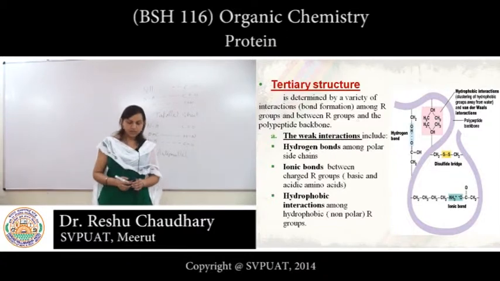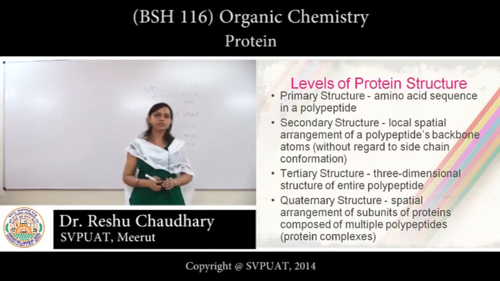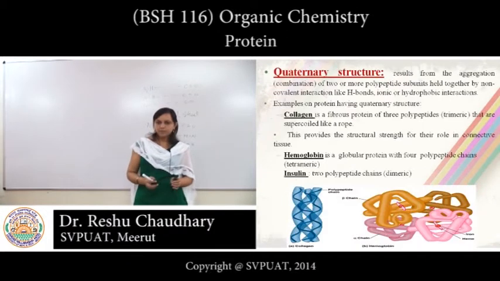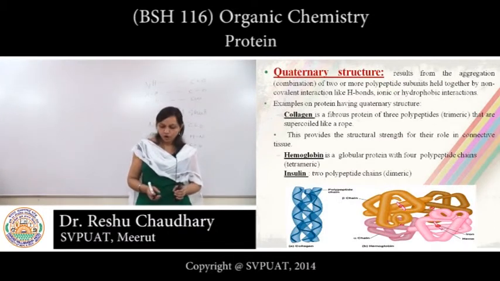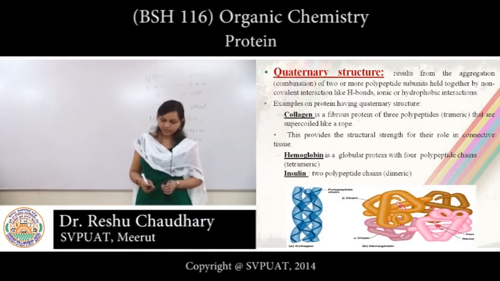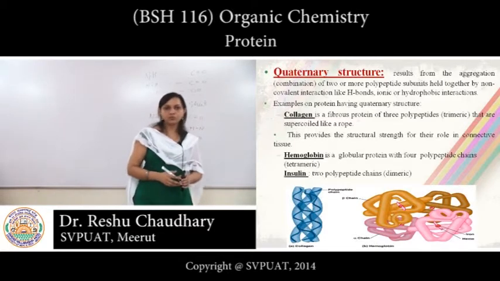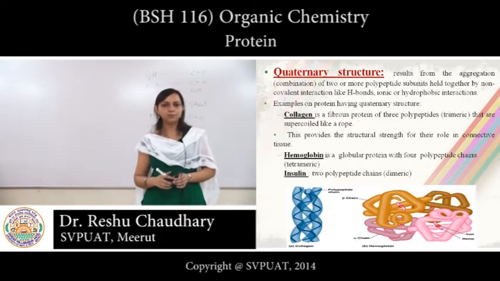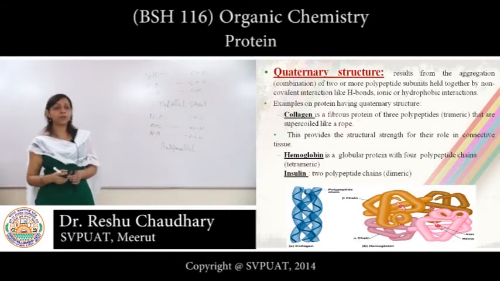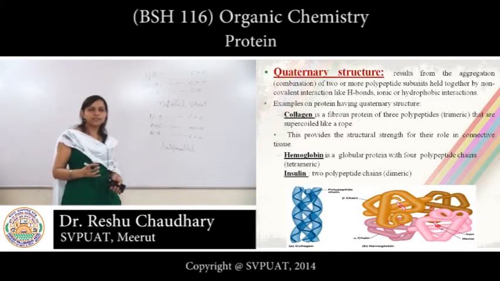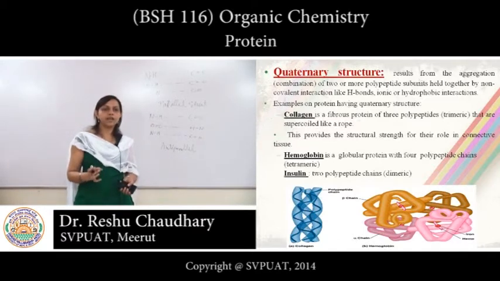electrostatic forces. Now comes the quaternary structure of proteins. Some of the proteins are composed of two or more polypeptide chains referred to as subunits. The spatial arrangement of these subunits with respect to each other is also known as the quaternary structure of the protein. This structure is more complex than the other structures, just like primary, secondary